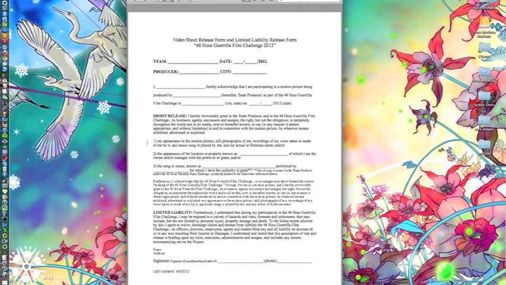So if they're an actor, number 1 applies to them. If it's a location, number 2 applies to them, and you put the address in here. If it's a song or music, have them put the title of the song and the talent in here. If it is a Creative Commons style of music, we'd like you to at least make a note somewhere on the paper, handwritten, of where we can find it, or a URL. Then we want their name, address, and signature down here. So I hope that clears that up for everybody. And now back to the rest of the process.